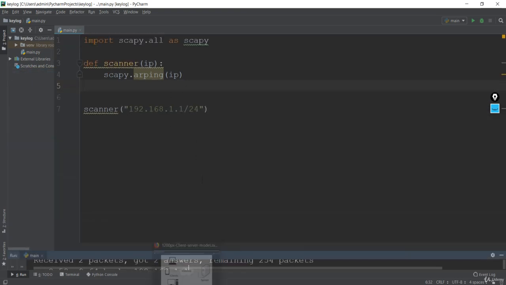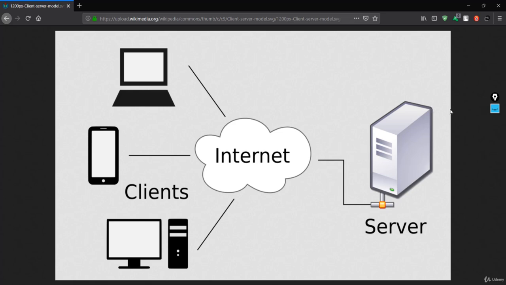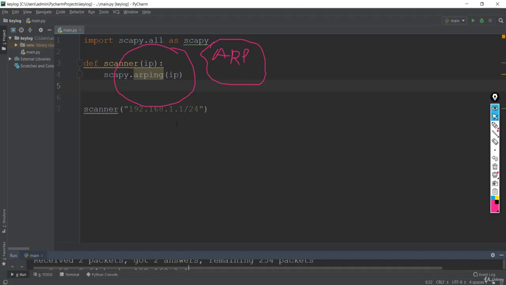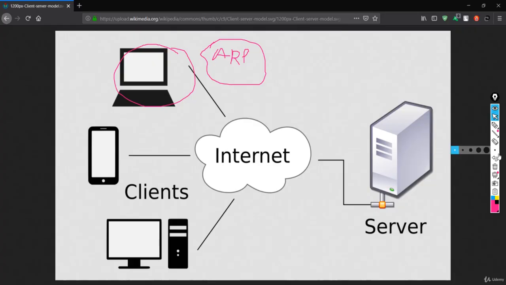If you see here in this figure, what we have is this client. So this is us basically. What we are going to do in this lecture is make an ARP request saying who has this bunch of IP addresses which is inside this subnet list, which you can see over here. So this will be the IP that will be sent as an ARP request by this client.